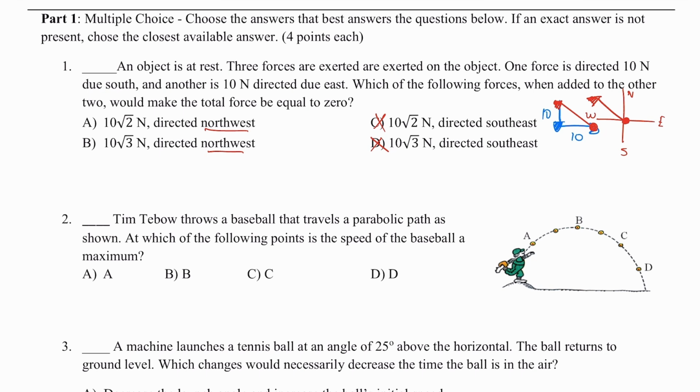Now, the only difference between A and B is 10 square root 2 and 10 square root 3. These refer to magnitudes. This is a direction. I can find the magnitude of this vector with legs of length 10 and 10 by just using the Pythagorean theorem. So I'm going to call the hypotenuse c. So c squared is going to be a squared plus b squared. To find c, I'm going to take the square root of both sides. So I'm going to find the square root of 10 squared plus 10 squared,